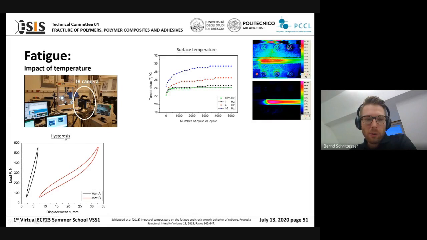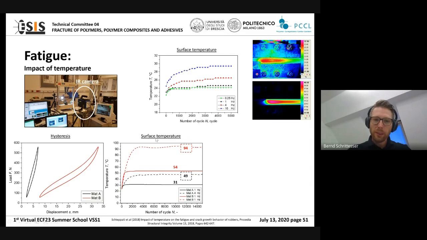To get a little bit closer and to discuss different materials and also the temperature effect, we have implemented tests with two different materials. As you can see here with material A and material B, both are rubber compounds, but the first one, material A, shows a nearly linear behavior, whereas material B shows a strong non-linear material behavior, where we have a much higher deformation during the loading.